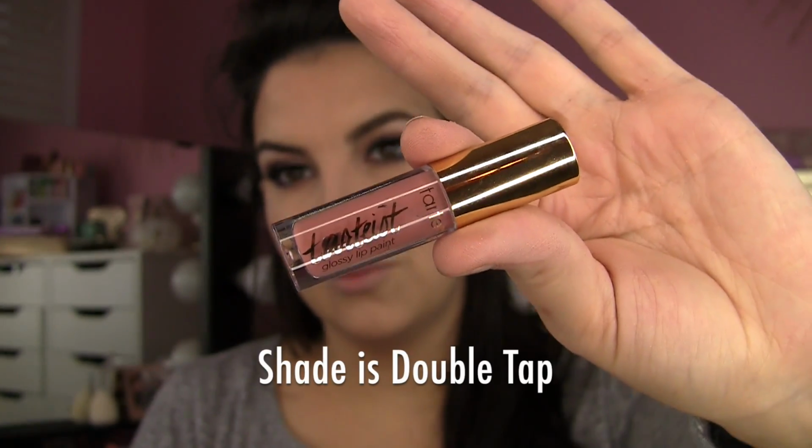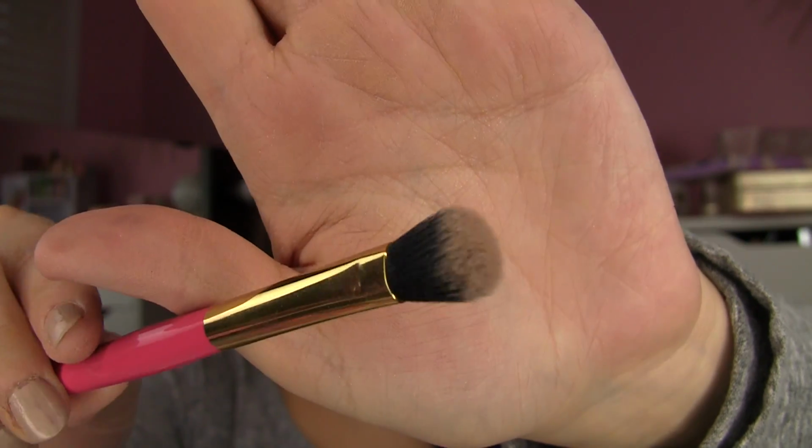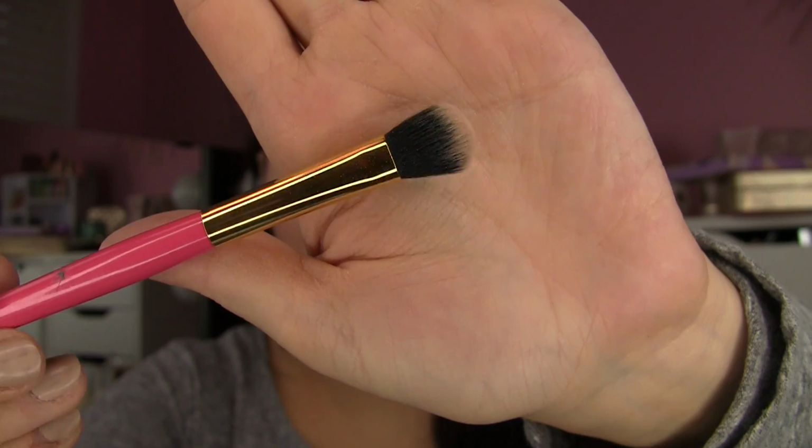I've already told you my little gripe on the sample size of the Tardis mascara. I do really like this shade, probably even better than the gloss that was in the other. This I've been wearing throughout this video, a little bit deeper, richer nude. The brush they give you can make a nice blending brush on the eyes, but I actually like using it as a highlighter brush because the highlight is really the one thing out of this palette that I